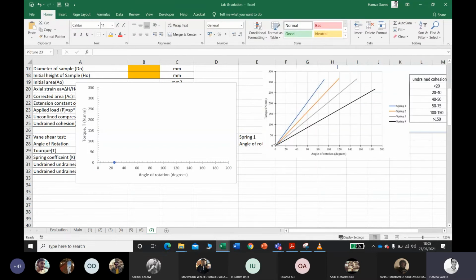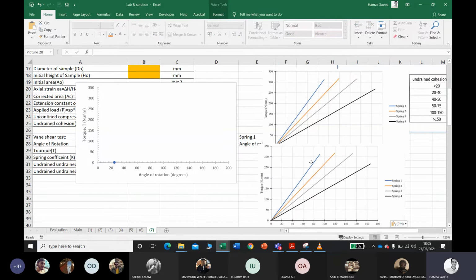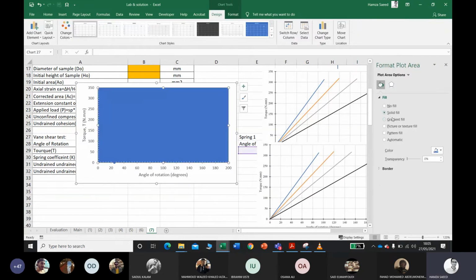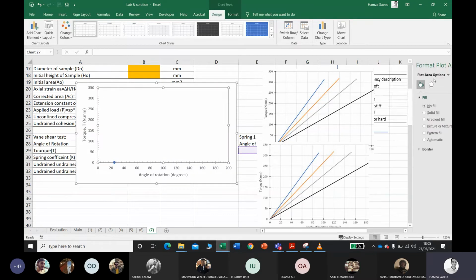Now I want this chart to be inside the plotting area. So let me highlight this plotting area. How am I going to place this?